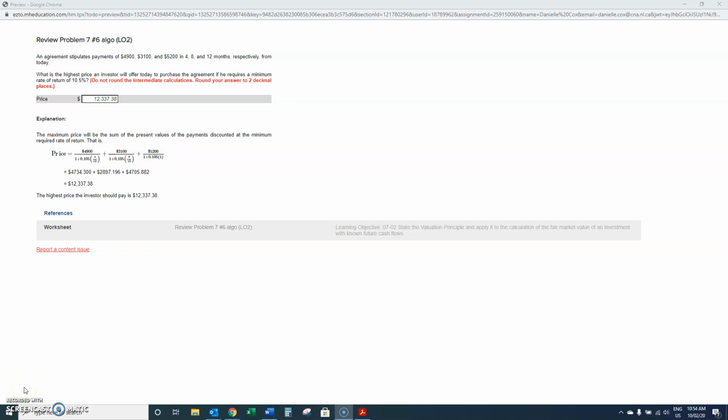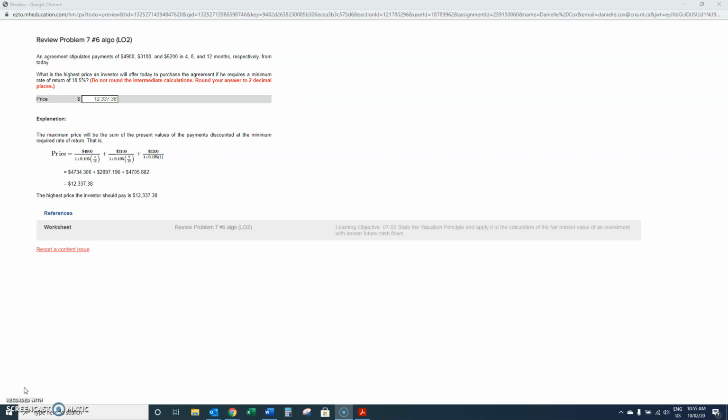Okay, let's take a look at another question from the Chapter 6-7 assignment. This one, an agreement stipulates payments of $4,900, $3,100, and $5,200 in 4, 8, and 12 months respectively from today. What is the highest price an investor will offer today to purchase the agreement if he requires a minimum rate